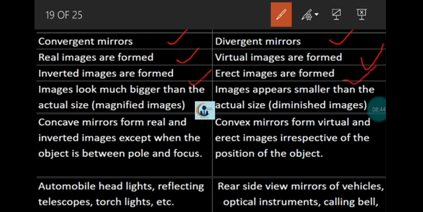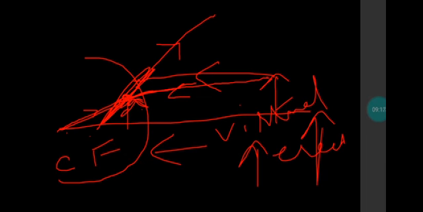Now the image looks much bigger than actual size. As I've discussed just now, usually a concave mirror gives you a bigger image, whereas the convex will give you a smaller image than the actual size of the object. This is real and this is inverted, except in the case of in between the pole and the focus point. That means if an object is placed